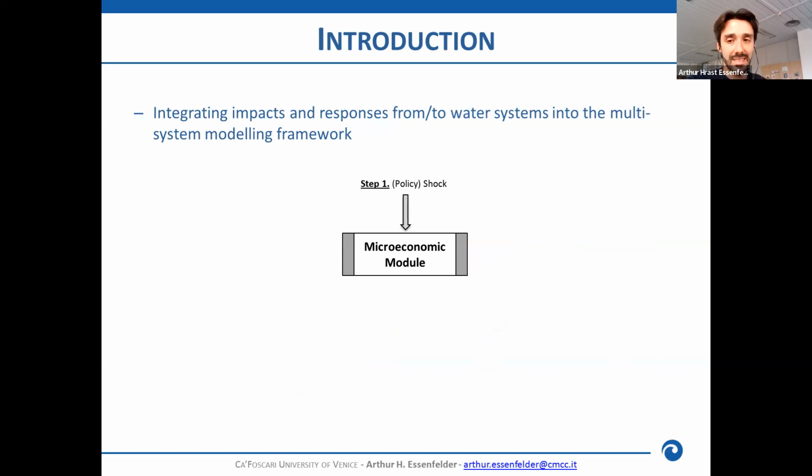So this, for instance, is the general framework that we can see, the one that connects the three main models that we're trying to highlight here. We can start by considering some sort of policy shock. Let's say it can be a policy that tries to implement some situation where water can be allocated in a different way. It can, for instance, reduce the amount of irrigation water that farmers can use. So this can lead to a shock entering the system, in this example, in the macroeconomic model.